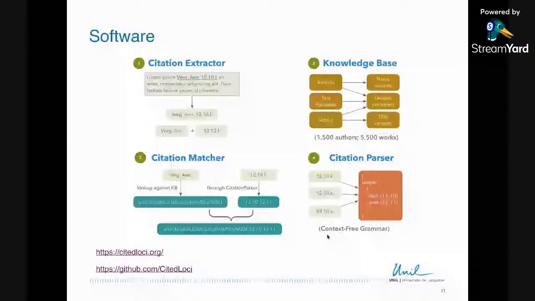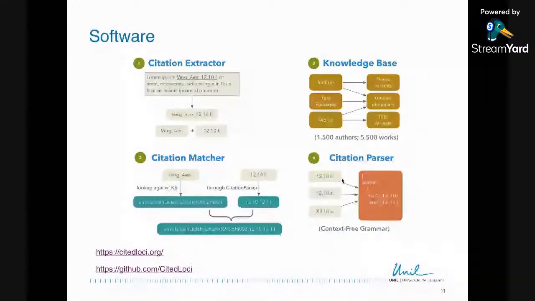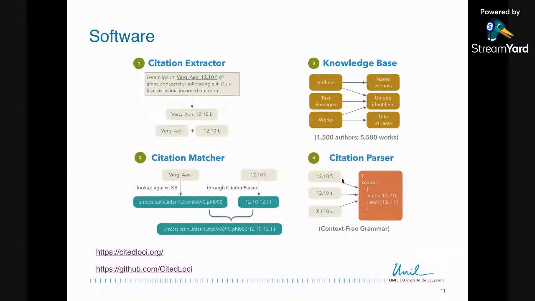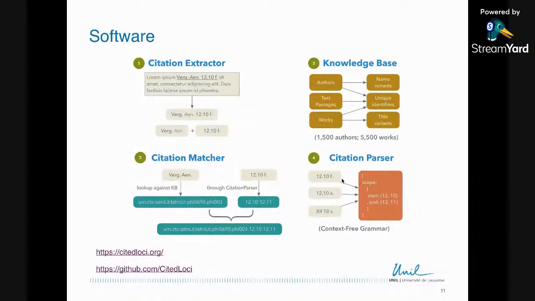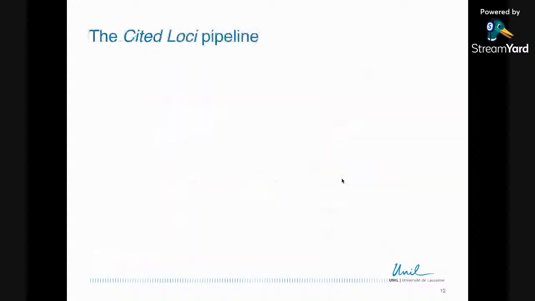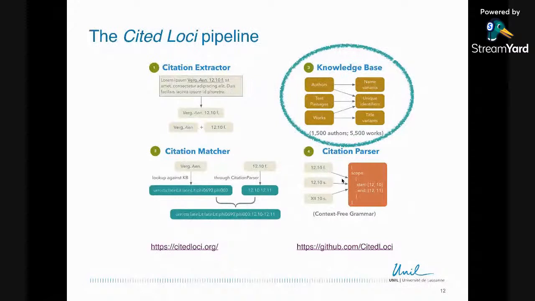For example, here the abbreviation f or s stands for following or suivant, depending on the language in which the reference is written. It needs to be unpacked because for a human, it's clear that following line 10, there is a line 11, but it's not clear to the machine. So this needs to get unpacked and normalized by the citation parser. And at that point, it's possible to build a CTS URN that gets attached to the reference. And the knowledge base plays a very, very important role in all of this.